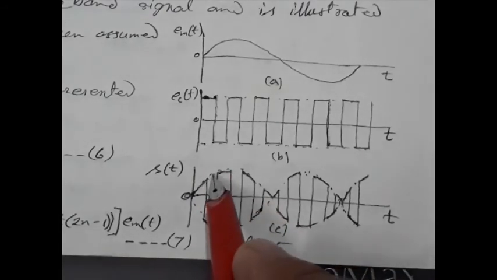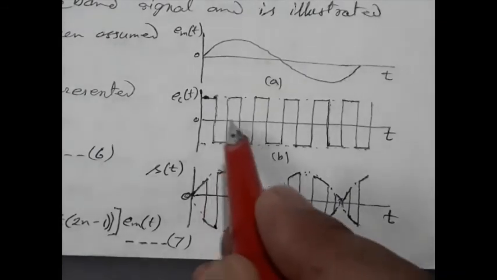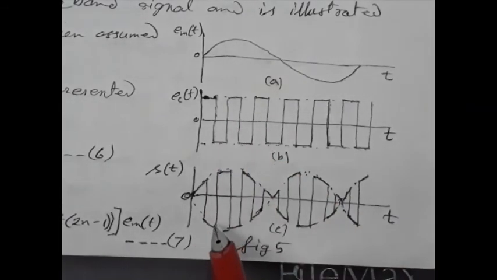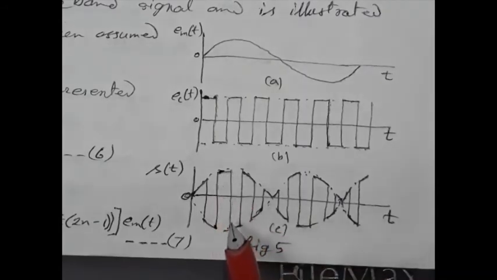So instead of going in this direction, it will suddenly go to the other side of the amplitude, and since it is multiplied by -1, whatever the voltage may be, the voltage becomes negative. So it will move in this direction. At this point we have the positive half cycle, so again it will be multiplied by +1 and move in this way. Then again it will be multiplied by -1, and it goes on in this way. So by alternate multiplication of +1 and -1, we will have this type of waveform.